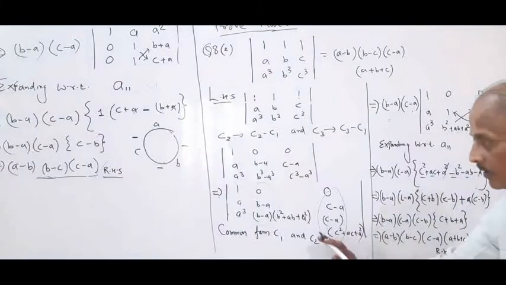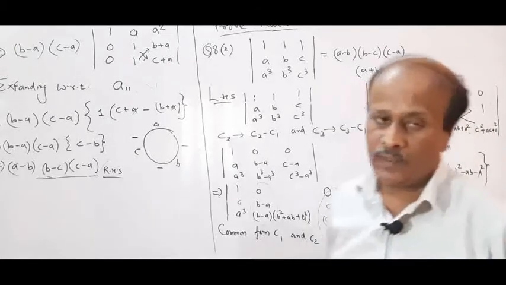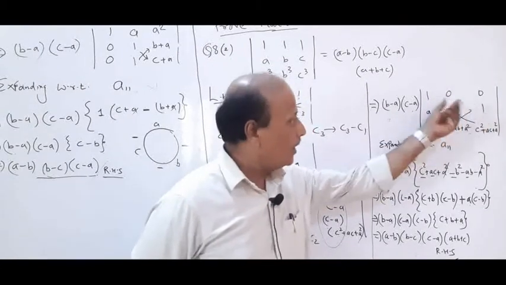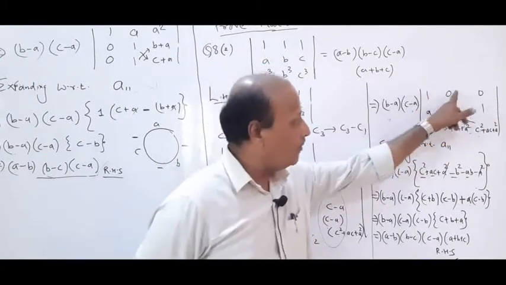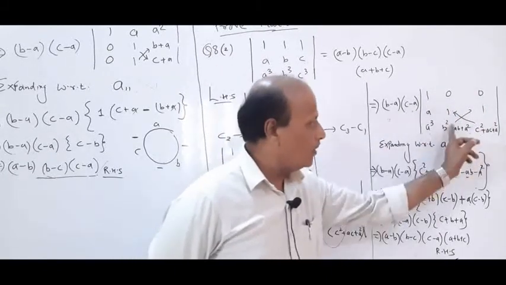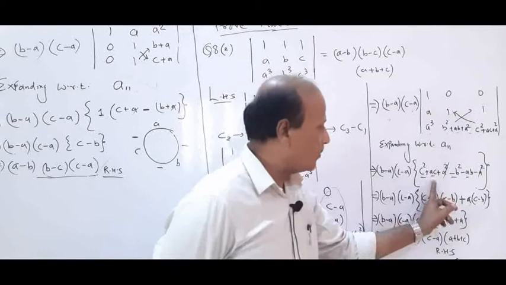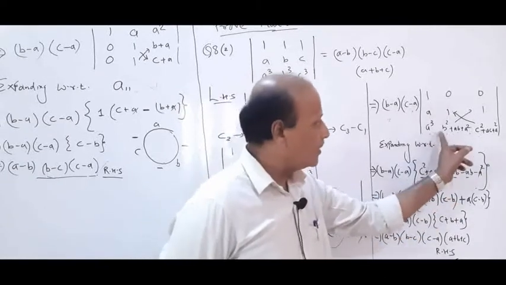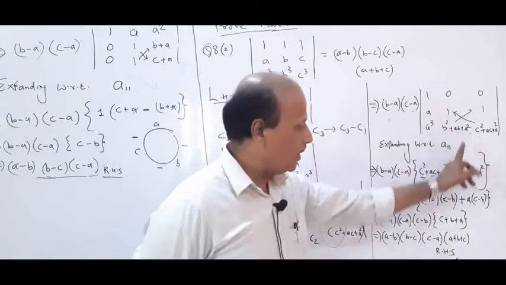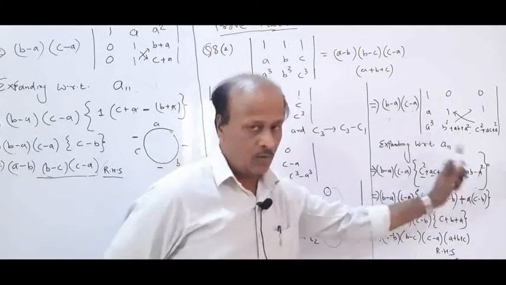Whatever I am remaining with, we are going to write. Now expand with respect to A11. Why with A11? I told you, as soon as you get the zeros in any row or column, expand with that particular element. Here I am finding 2 zeros, so expand with respect to A11. Now it's a minor determinant, you cross multiply as you did earlier. So C square plus AC plus A square, you write it as it is. Then minus times of B square plus AB plus A square. As soon as you cross multiply, in between you write a minus sign. So the advantage is A square and A square is going to be cancelled.